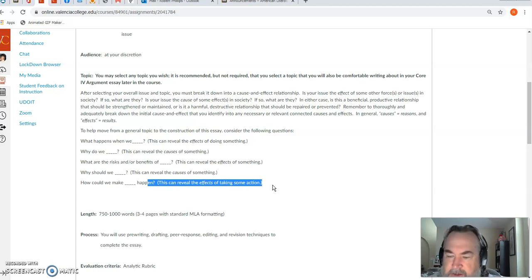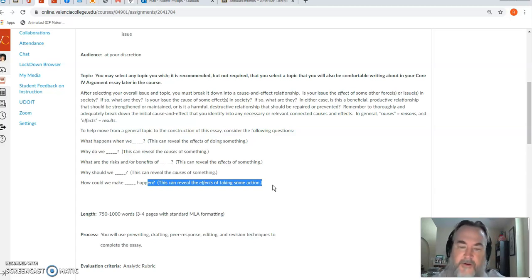So be thinking about at this point, if you haven't already, and I think maybe a week into this assignment you probably should be, about what your topic might be, what causes you might be writing about, or the effects of what. And just by way of examples, I did mention the two, and you're perfectly free to use those. You can use those examples to work your way towards your topic, the climate change or effects of going to college. You could use any version or mutations of those two topics to help you find your own topic.